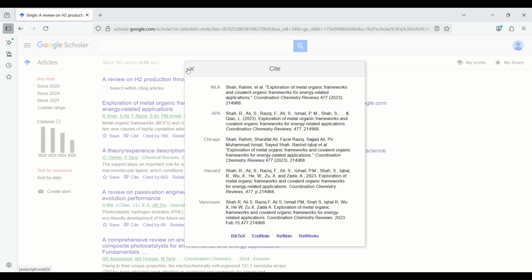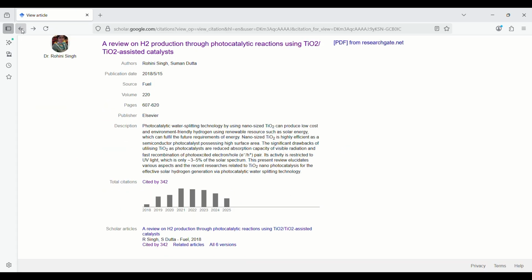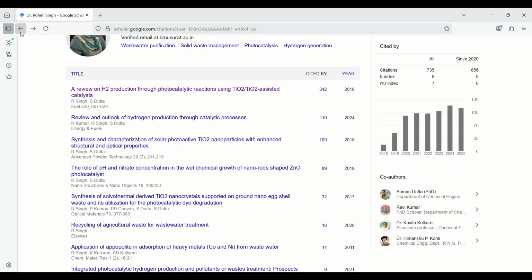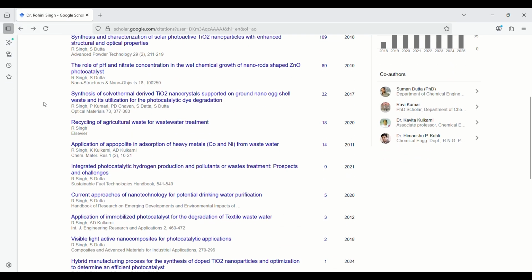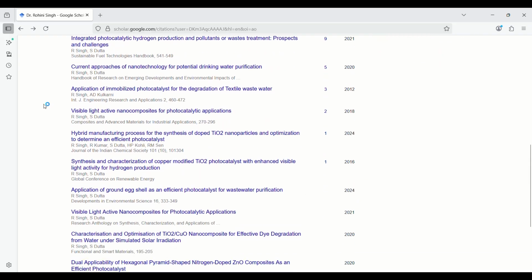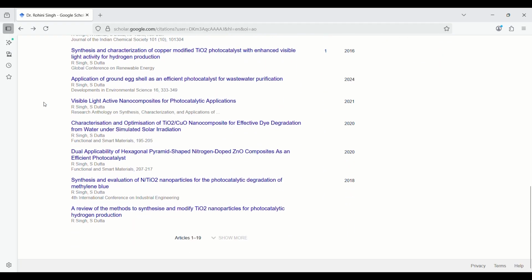It's very simple. Now let's see the other things. If you scroll down, you can see all the details of each and every publication of yours.